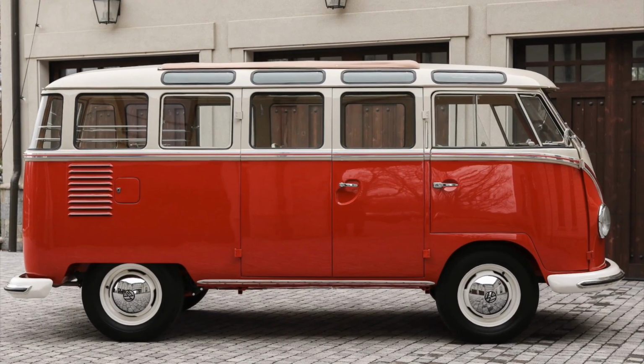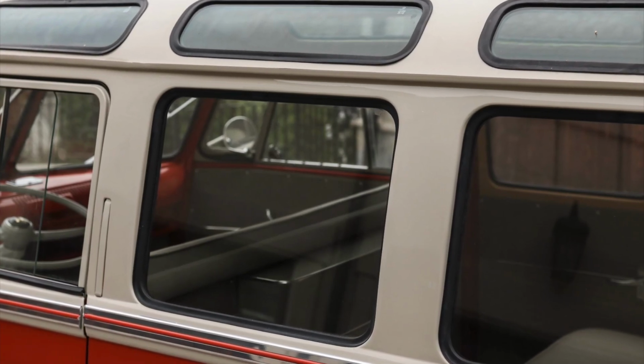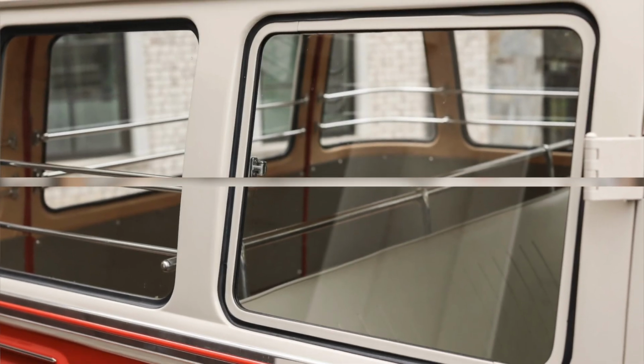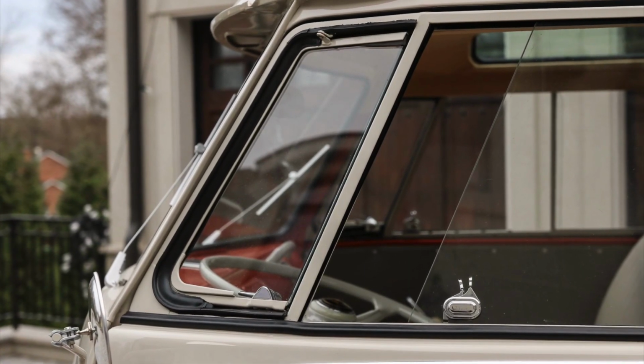What's with all the windows? The VW Samba bus is renowned for its abundant windows, boasting a remarkable total of 23. Every passenger had a view. The 23-window configuration is highly sought after due to its limited production numbers, making it a prized feature for vintage